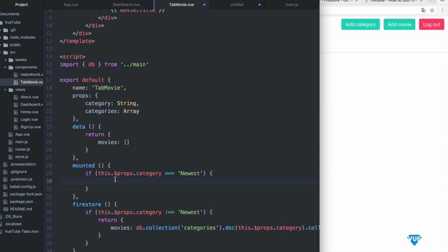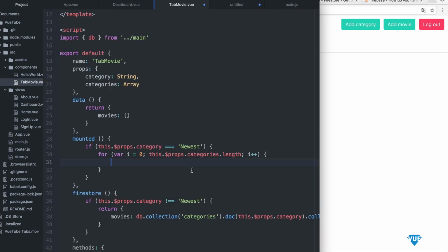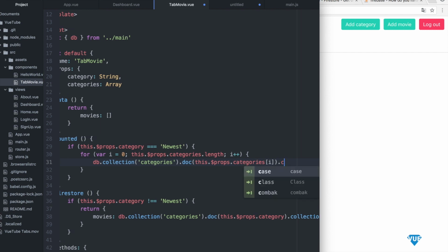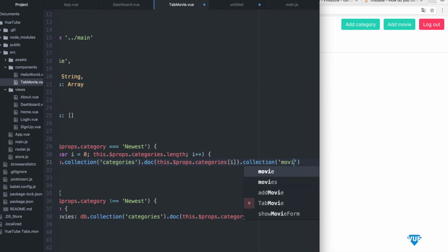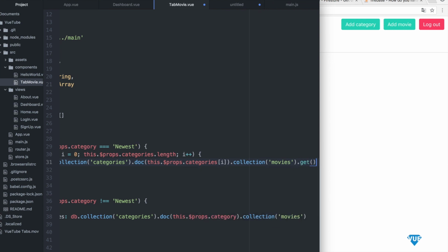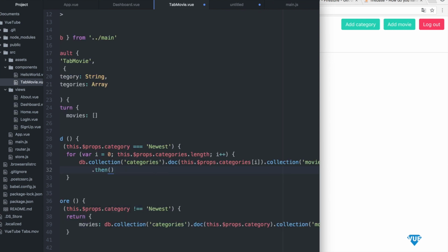So down here I can loop through the categories. this.props.categories.length i++, and then I can copy this part, and I can here say this.props.categories, and the one we are in .collection movies .get, and on the line under I say then